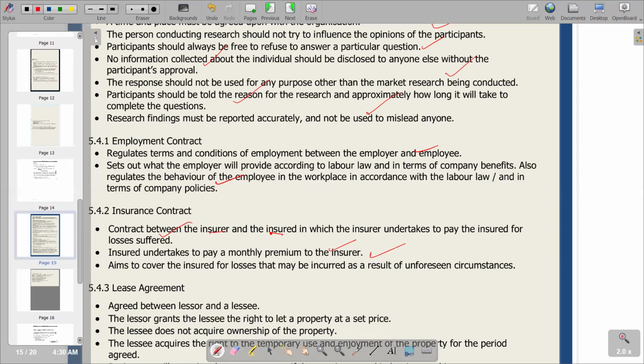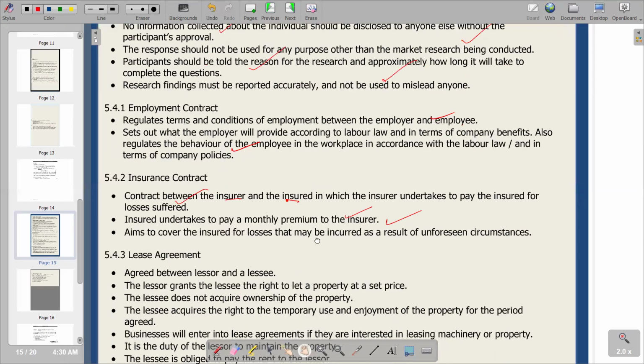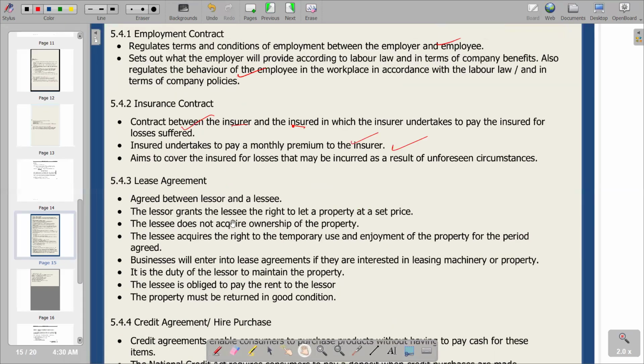Then obviously we now have the next one, which is the lease agreement. A lease agreement is also between the lessor and the lessee. Very important, these are the parties that we have in a lease agreement. The lessor grants the lessee the right to let a property at a set price, and the lessee does not acquire ownership of the property. Important to take note: the lessee acquires the right for the temporary use and enjoyment of the property